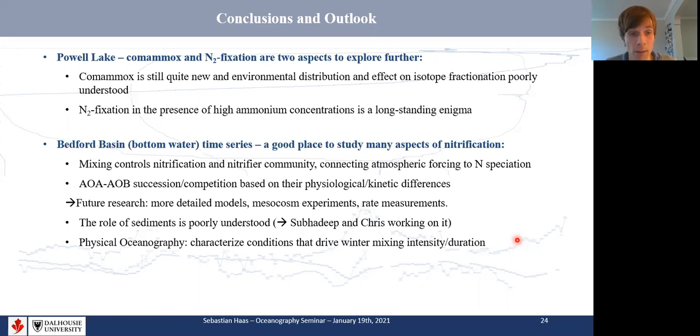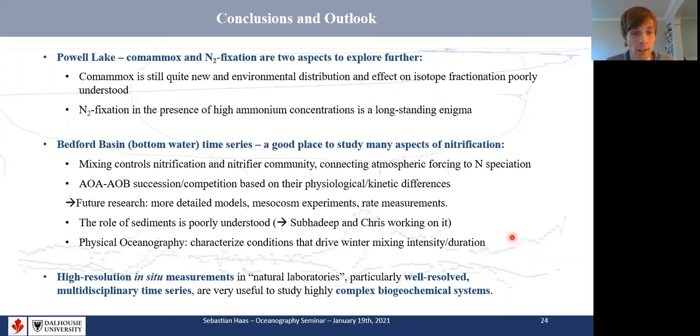and in more detail. And more generally, I think these results stress the importance of high resolution in situ measurements in natural laboratories, particularly the importance of well-resolved multidisciplinary time series, and show that they are very useful to study highly complex